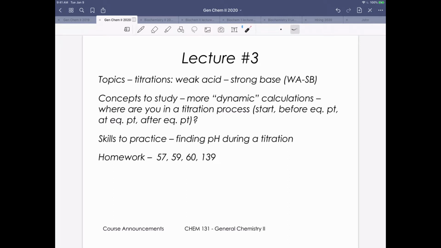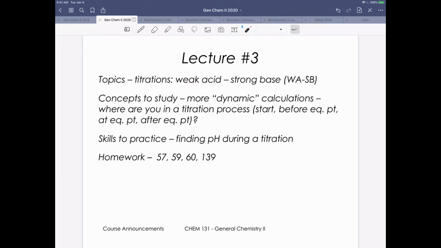bases with strong acids. Now, again, we will not do a weak-weak combination. That gets to be fairly complex. So that's not something we're going to talk about here in general chemistry. So we've again had strong acid, strong base, which we did in our last lecture. And so we're going to sort of merge things from our first lecture in this learning unit on buffers and then our second lecture in this learning unit on titrations together here as we sort of consider this weak acid,